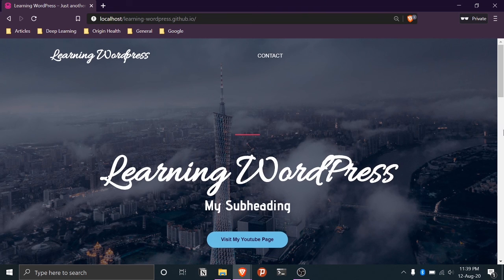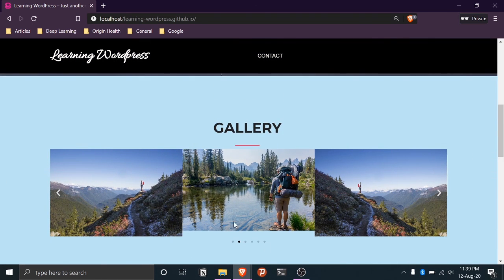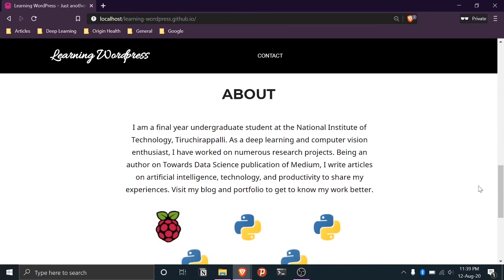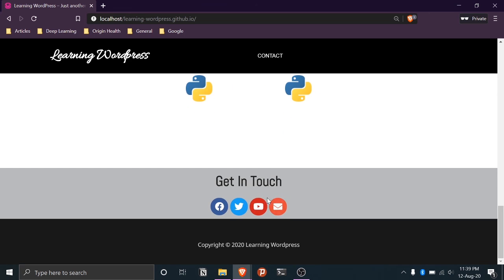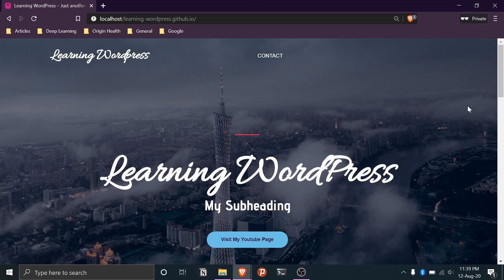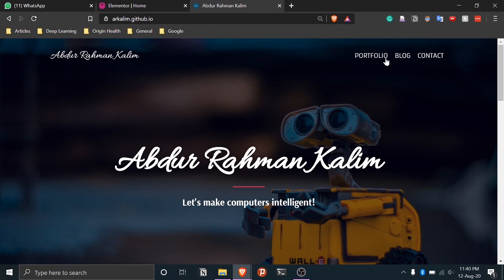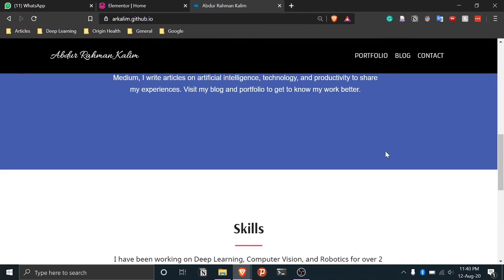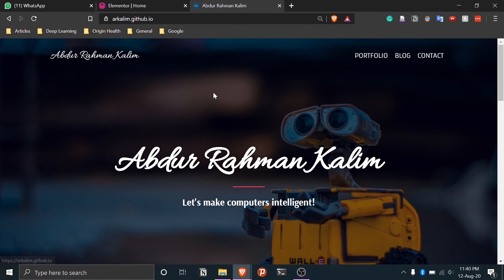Okay, so the animation is working perfectly. We come down, the gallery is there, it switches automatically. Then this works. Even these icons grow in size, and these also work, cool. So I think we are done with our home page, and we'll go and compare it with mine. So contact is there. Since we don't have other pages, I haven't included anything yet. So I think we are done with our home page now.